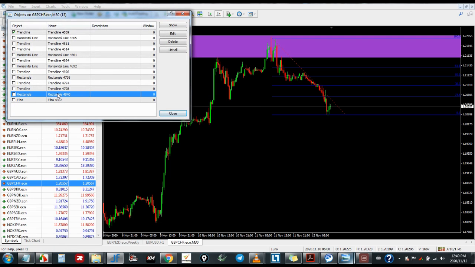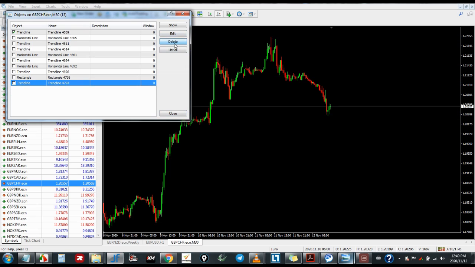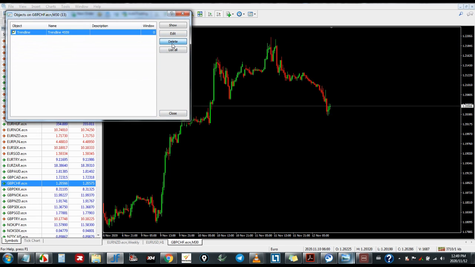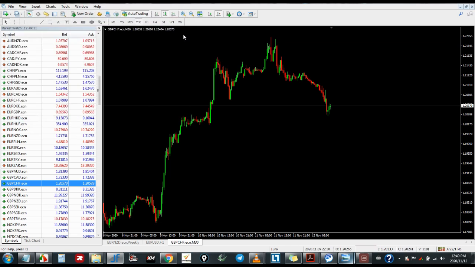Also, if you're thinking of buying a GBP pair, don't buy GBPCHF and sell GBPCAD. No. Don't buy GBPJPY and sell GBPAUD, or GBPNZD. If you are buying GBP, buy GBP. If you are selling euro, sell euro pairs. If you are buying euro pairs, buy euro pairs, and so on and so forth.